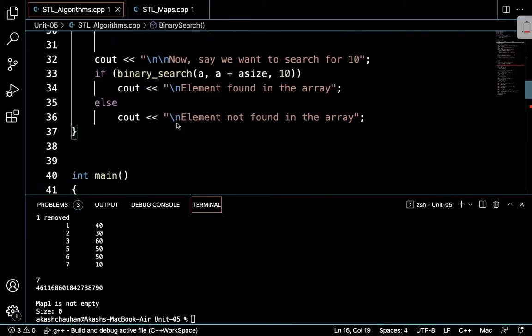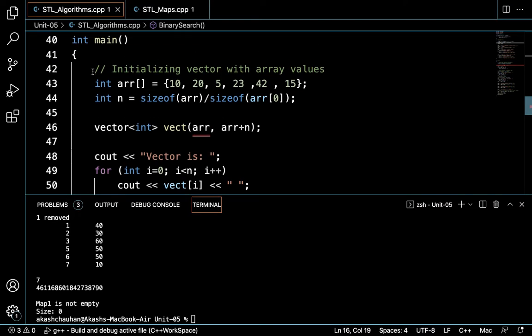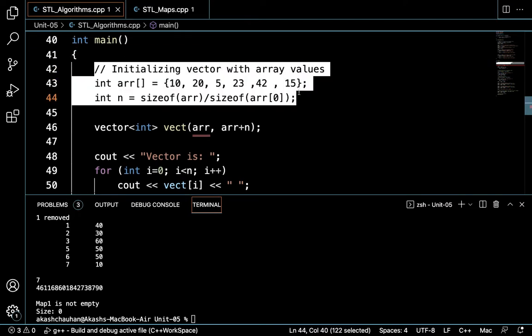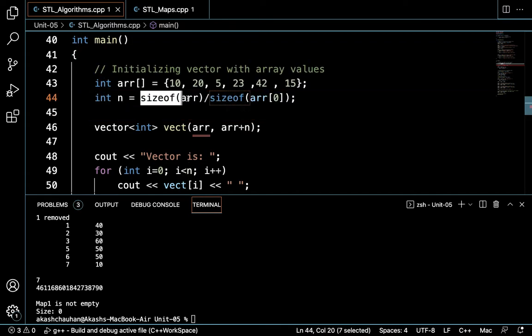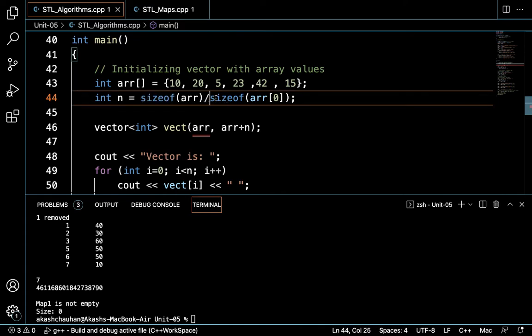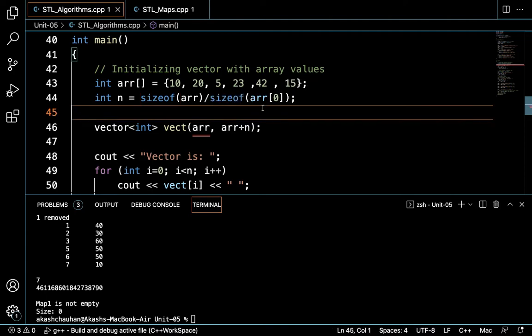Let me come to the main first. We have an array, and this is the usual way we can define an array. To find the number of elements in the array, we can find the size of the array and divide it by the size of one element.